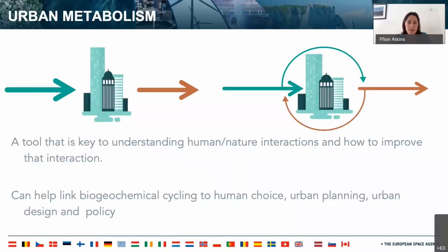Okay, so what is urban metabolism? In case you don't know, it's a relatively new, emerging field that essentially helps us understand and quantify the flows of resources into a city, within a city, and out of a city. And it's a tool that is key to understanding our human-nature interaction and how we can ultimately improve that